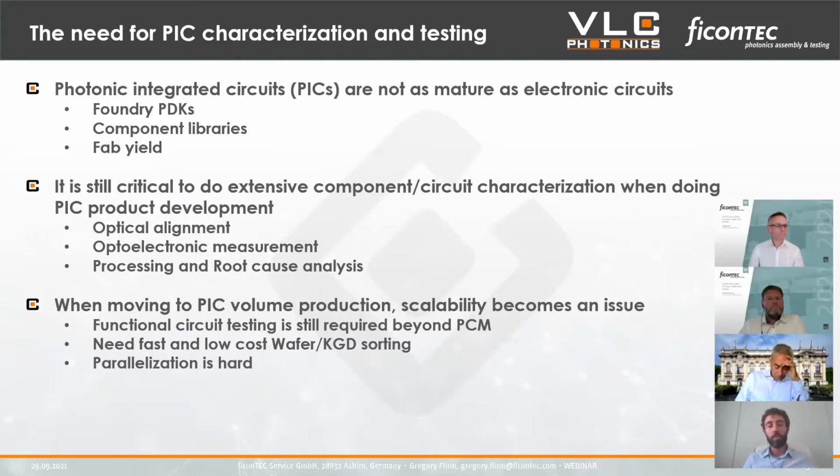But when you move into production, into higher volumes, scalability becomes an issue. You still require functional circuit testing, even if foundries do the metrology on the PCM cells. It needs to be done very fast and very low cost if you want to achieve high volumes, and you need to be able to sort wafers or non-good dies. And yeah, in general, parallelization is hard. So if you go to the next slide,